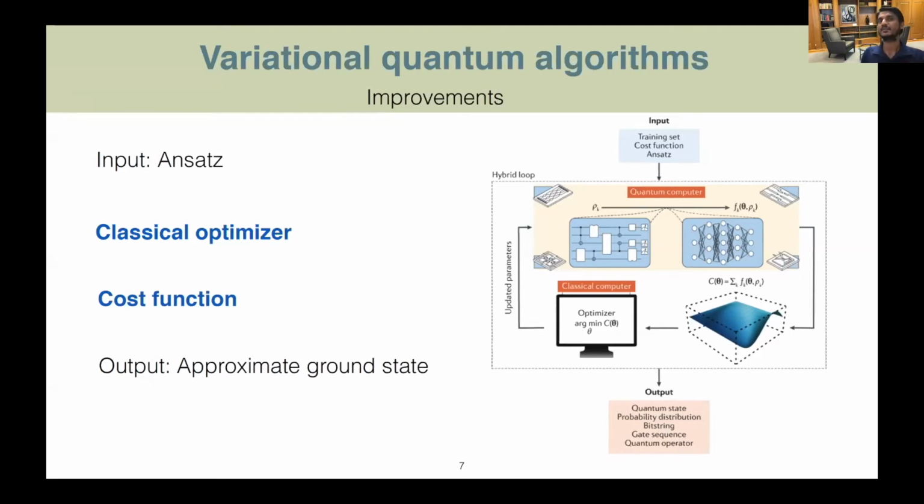And then what we are going to do is find out the best combination of these thetas, which minimizes the energy. The final answer may not still be the exact ground state we are looking for, but it would be as close to the ground state as possible. So the ansatz simply means a guess of this final state that we are looking for.